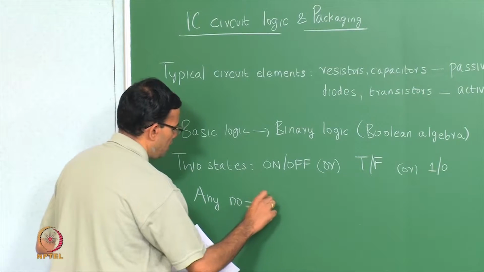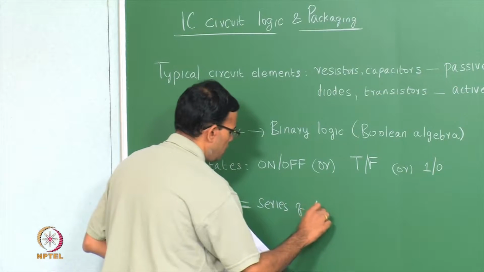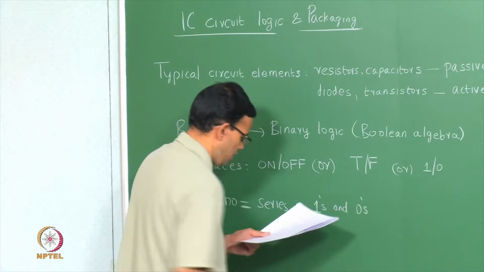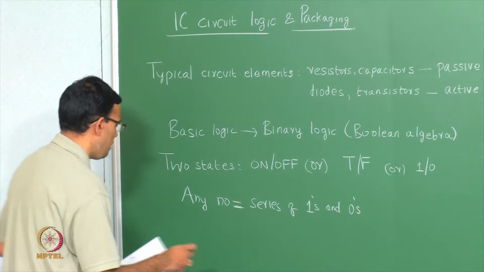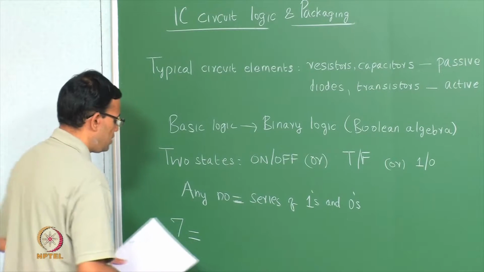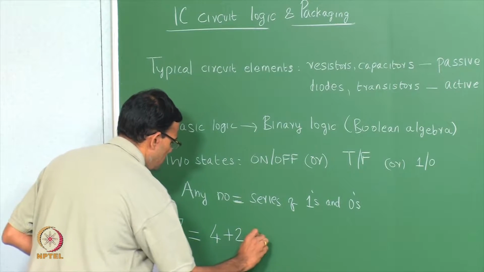To give you an example, if you take the number 7, 7 can be written as 4 plus